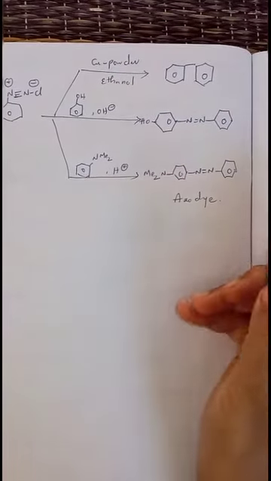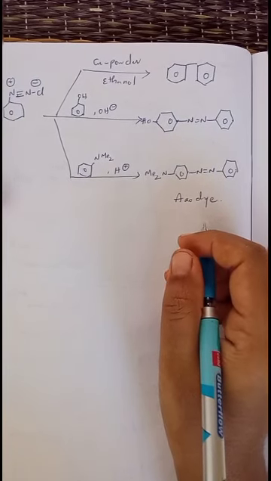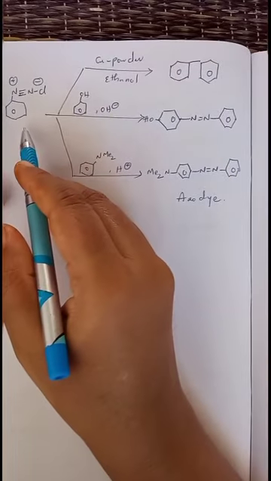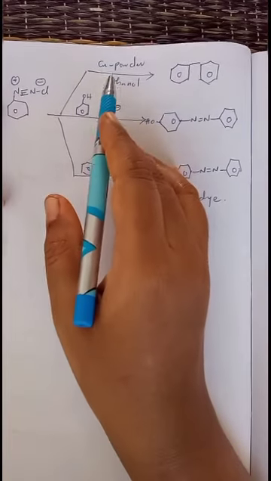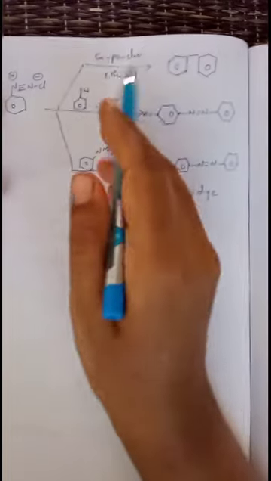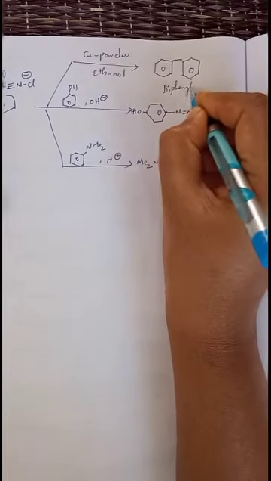So next one is coupling reaction. In a coupling reaction, biphenyls, or double rings, are formed as the final products. See, this is a diazonium salt. When the diazonium salt undergoes reaction with copper powder and ethanol, it can be converted into biphenyl. Biphenyl is formed as the final product.